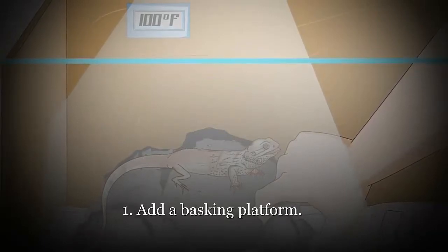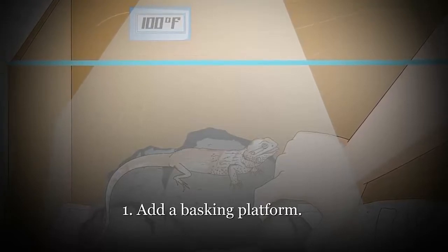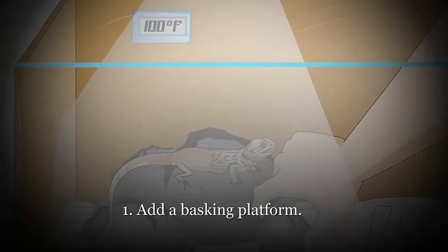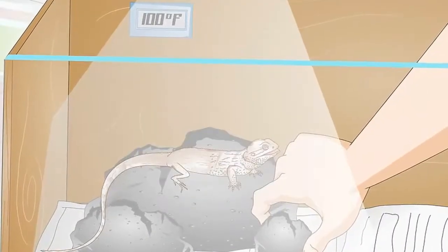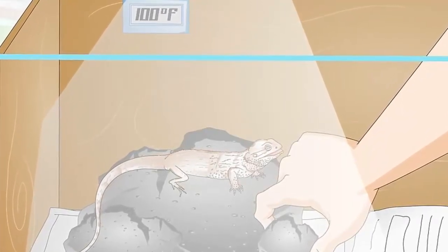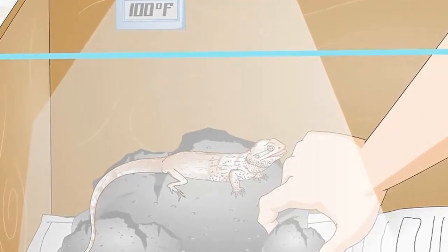A basking platform allows your dragon to get closer to the basking light in his or her cage. While you can buy a sturdy, if artificial-looking, structure, you might prefer to introduce a long branch or rock over which your dragon can climb. Add a hide. A hide, or hide box, is a little hut or house into which your bearded dragon can